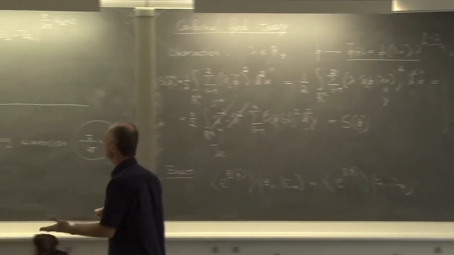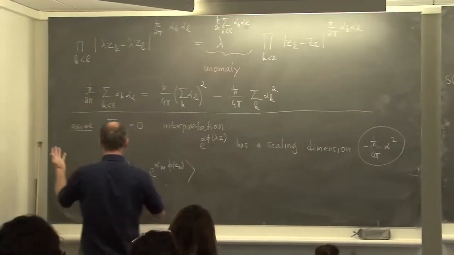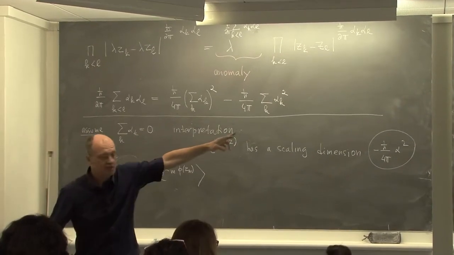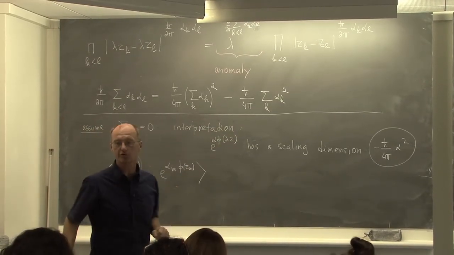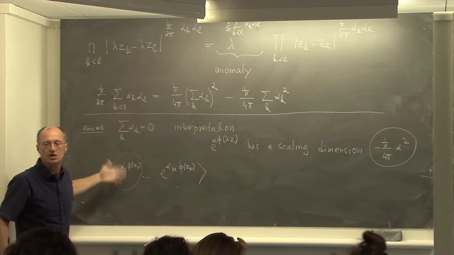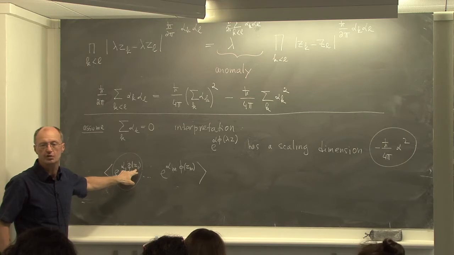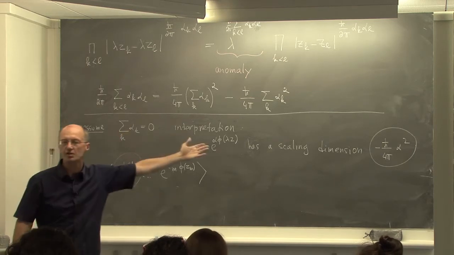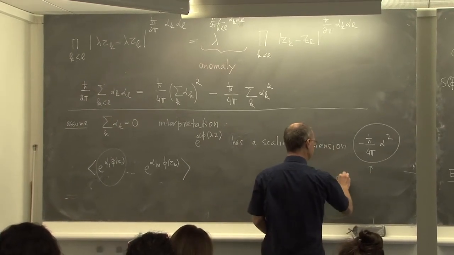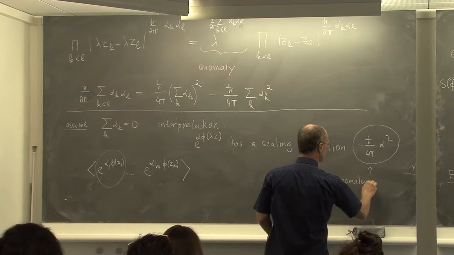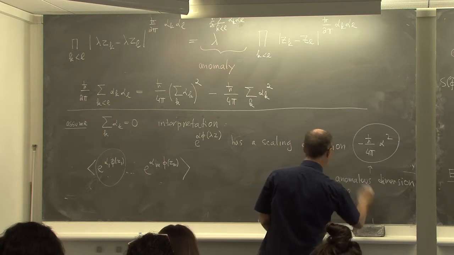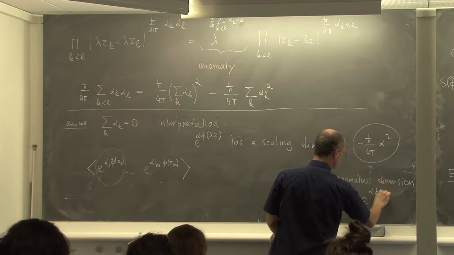So you have this anomaly, but this anomaly allows for an interpretation that now this exponential, it seems, doesn't scale. So you see 2 over 2 minus 1 is 0, right? It shouldn't behave in any kind of strange way when you make a scaling. But in quantum theory, it does behave in that way. So this is called the anomalous dimension